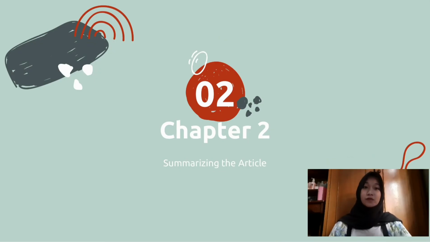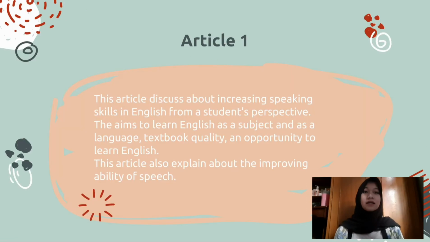Now we move to chapter 2, summarizing the article. In article 1, this article discusses increasing speaking skills in English from a student's perspective. The aims are to learn English as a subject and as a language, textbook quality, and opportunity to learn English. This article also explains about improving the ability to speak,